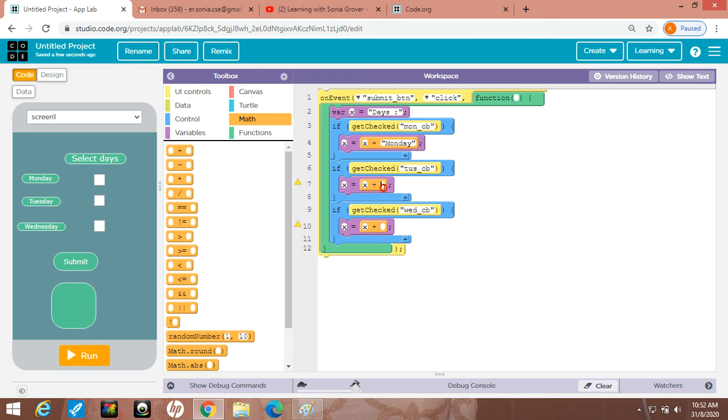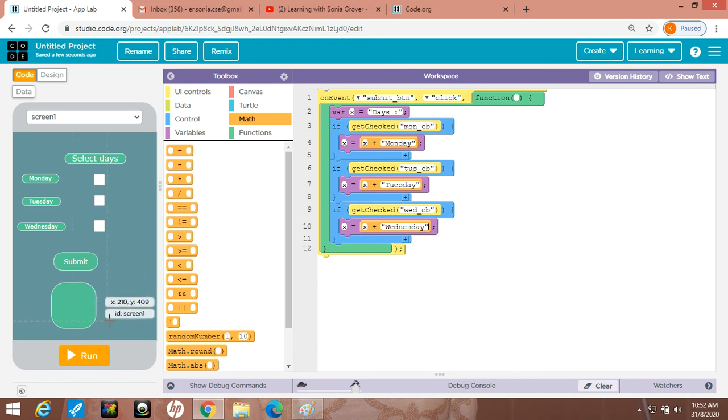Then I will write Tuesday for Tuesday like this. Then for Wednesday I will write in double quotes Wednesday like this. For Thursday, Friday, Saturday you can do like this. Now X should be concatenated with Monday, Tuesday, Wednesday days, then colon, then it will show Monday. If you select Monday, it will show Monday; if you select Tuesday, it will show Tuesday. If you select both Monday and Tuesday, both will come. We will run this app and you will check it. Now X will store these values.